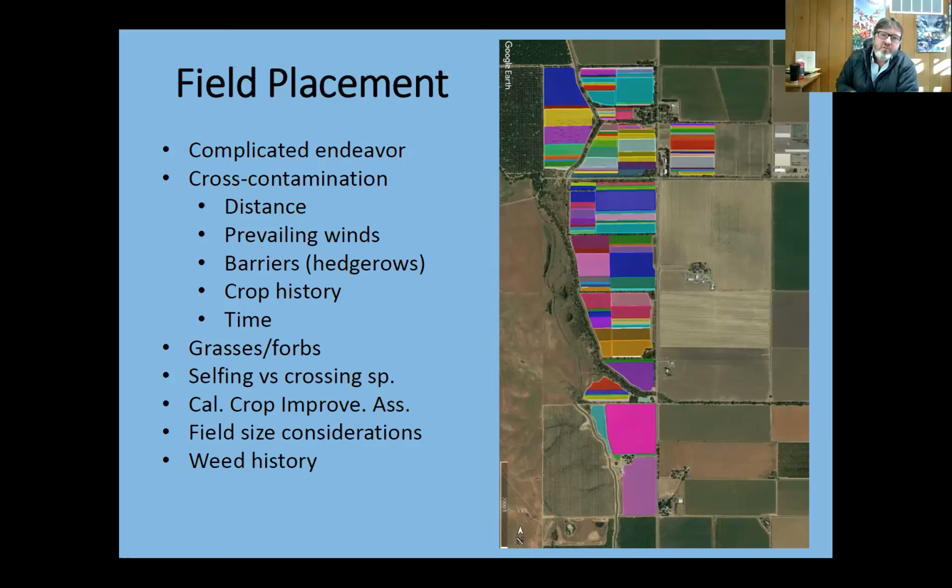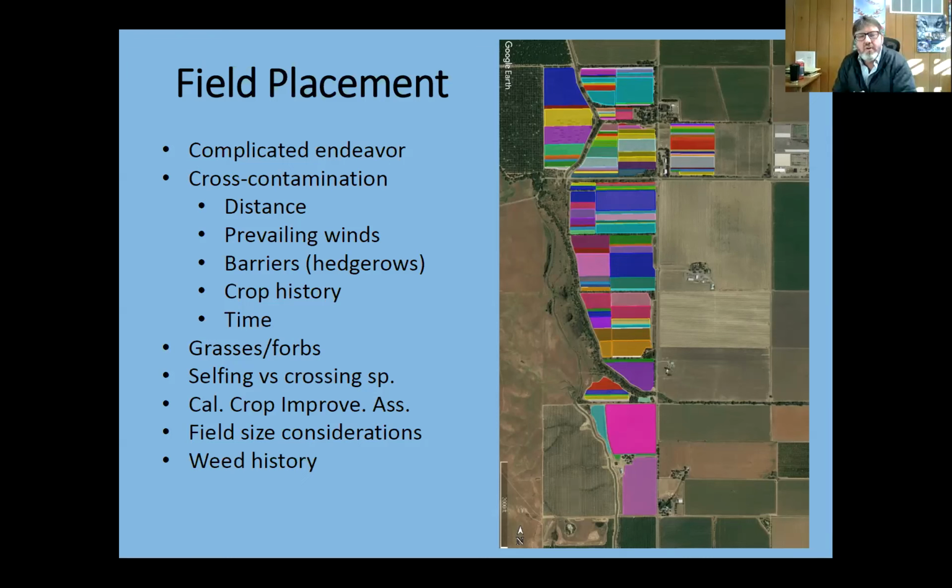One of the things about Hedgerow Farms is all of our fields, like I mentioned, are bisected by hedgerows. Those hedgerows provide a great place to capture pollen and to divert pollinating insects. So we take that into consideration in field placement. Another thing we look at too is the crop history. We don't, for example, want to put an ecotype of one species on top of another species in that same field, because obviously you'll have some material coming up from the year before.